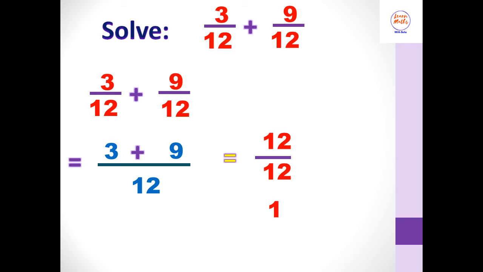So 12 over 12 is the same thing as 1. That means you are picking 12 out of 12. So basically you are just taking everything. So let's move on to subtraction